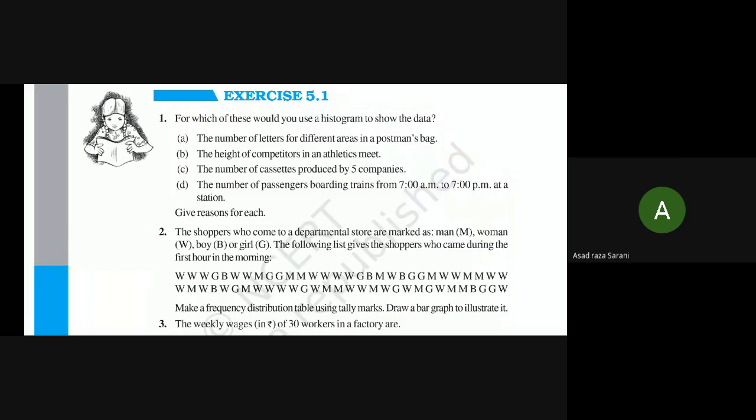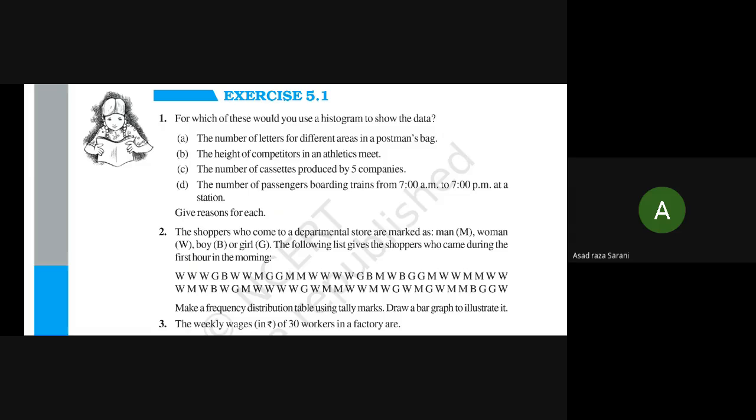Okay, now in question number one, for which of these would you use a histogram to show the data? Now, first of all, you all understand the histogram. In a histogram, we represent any data whenever the data is given in a grouped form,